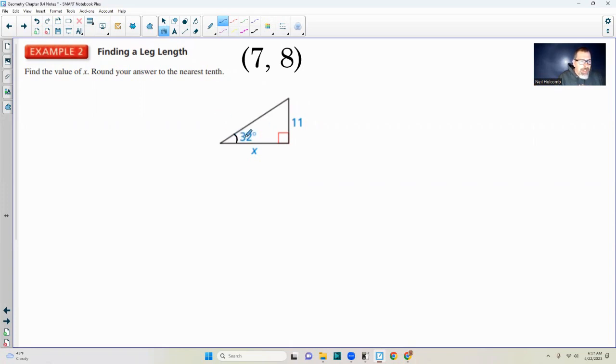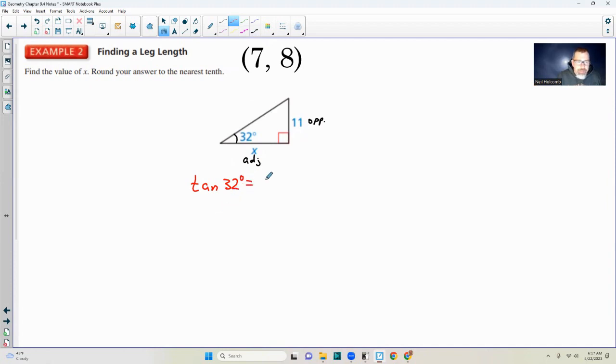And with reference to the angle that's 32 degrees, this side over here is the opposite. And this side here is the adjacent. Okay, you should always label your diagram like that. And once we see what we're given, a value and an unknown value, what ratio can we use? And that is tangent. So we are going to say the tangent of our reference angle, 32 degrees, equals